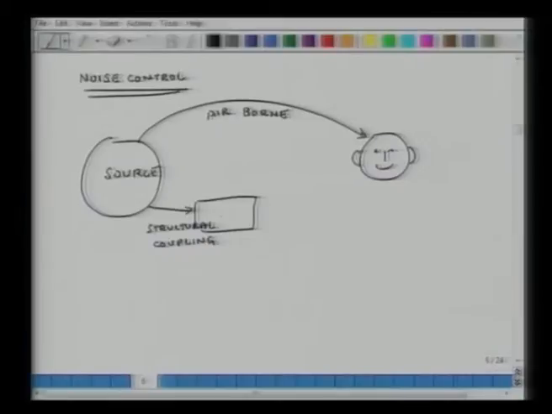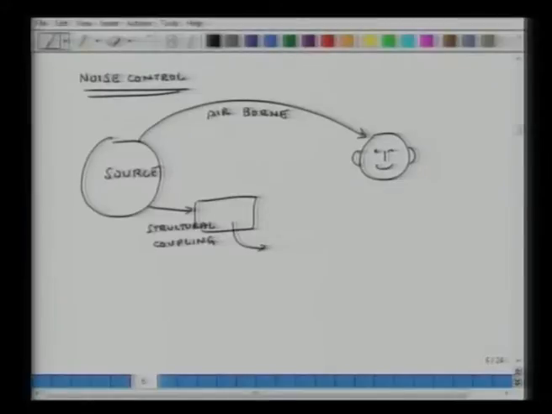Structural coupling, where two structures are coupled. One is not generating a lot of noise in decibel levels, but it is generating a sufficient amount of vibrations to excite resonances in some other physically coupled structure. So this one goes into resonance and emits sound, and that sound reaches the human ear, right? So structure to ear through air. So that is the other path.